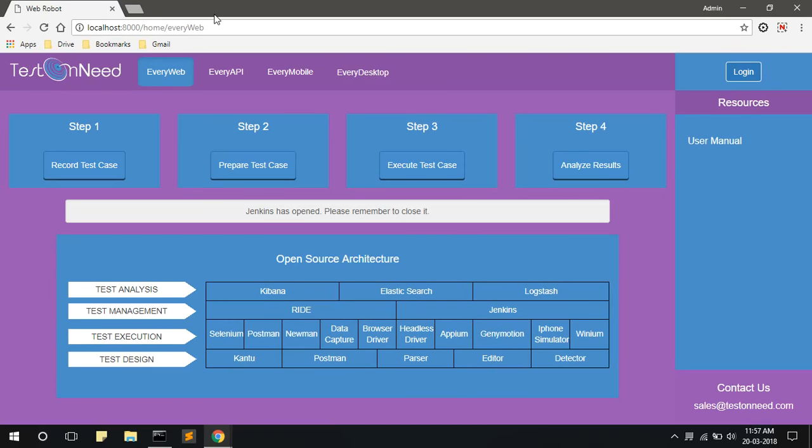In the next video, I will explain how to analyze the results of the test case which is executed in